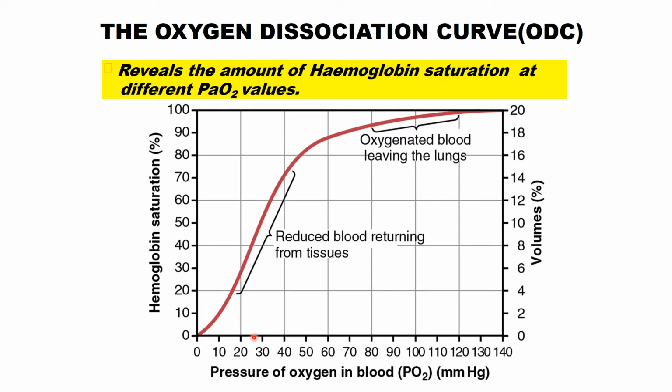So if we join all these points, then we get this curve which is sigmoid in nature. We'll be joining this 27 millimeters of mercury, then 40 millimeters of mercury, then 60 millimeters of mercury, and finally we'll be joining at 95 millimeters of mercury, and hence we get the shape of the curve that is sigmoid in nature. And as we said, it has 2 zones, the upper flat zone that lies above 60, and the other one is the steep zone which is lying below the level of 60 millimeters of mercury.